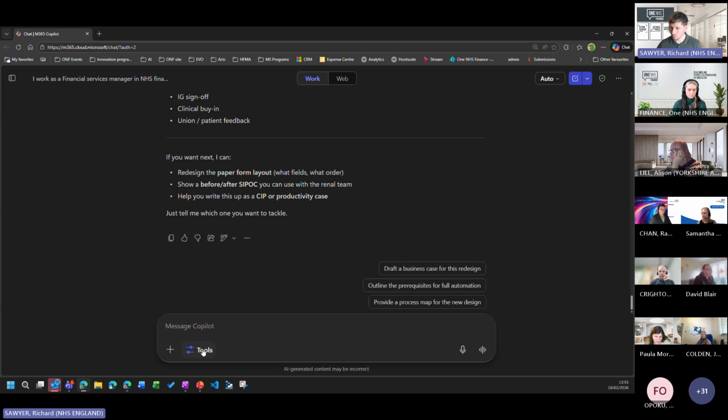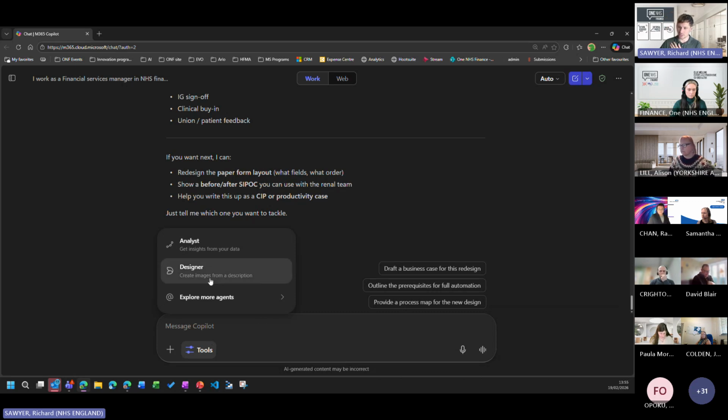Yeah. So this is the Copilot version, so we're thinking in a work sphere. Outside of Copilot, if you paid for GPT, don't put any financial information or sensitive information in there. There's a whole world of all sorts of diagrams and all the rest of it you can create. If I had more time, I'd show you an incredible canonical visual representation of the federated data platform and how it's supposed to work. It is extremely complex, but that's AI created as an image. In terms of the designer, you can see in the tools here, David, you've got the analyst and you've also got the designer. So you can start creating images, diagrams, flow diagrams.